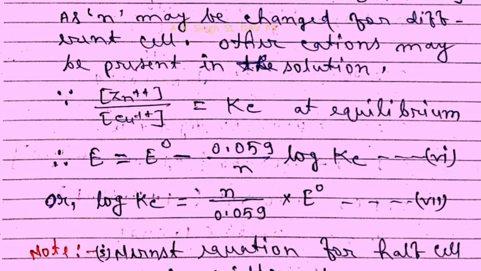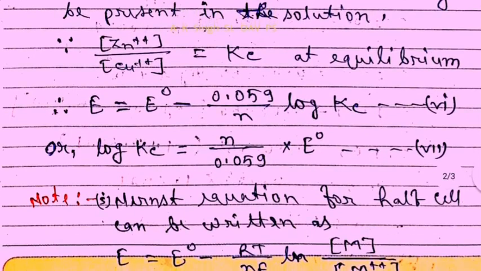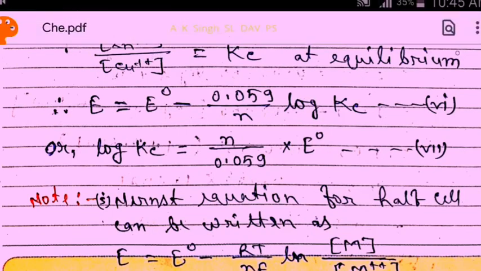Now, since the concentration of zinc ion and the concentration of copper ion is fixed in a Daniell cell, it is written as Kc, meaning in place of the oxidation cell and the reduction cell we can write Kc. So when Kc occurs, if the equilibrium takes place inside the cell, therefore